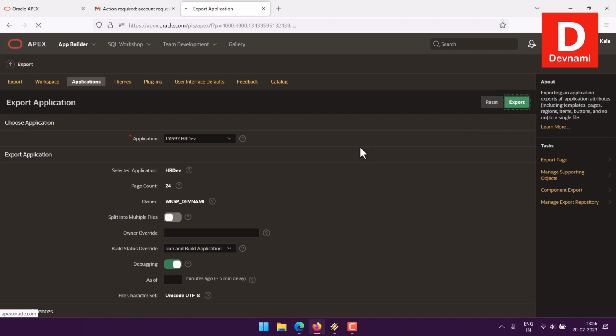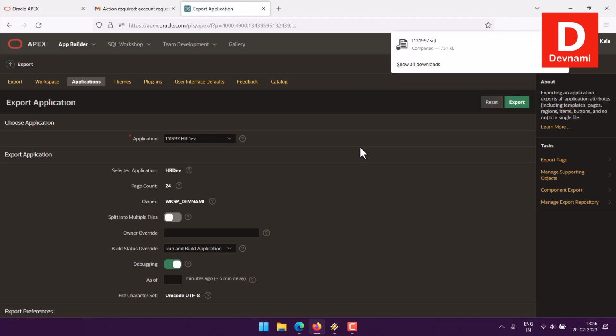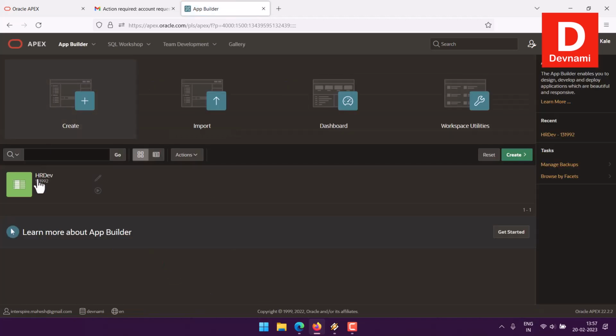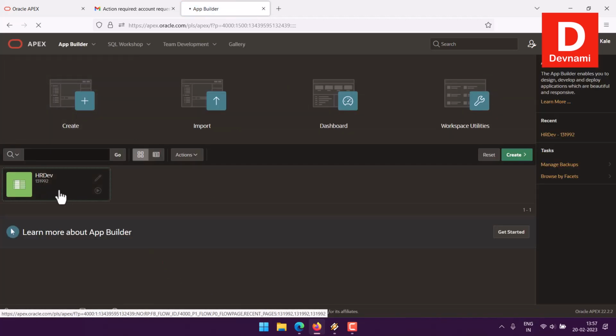We'll take a look at that process as well, so that you get the overall idea on what happens when you create your application in Apex. So it will export the SQL file, and it will be available on the download path that you have set for the browser, right? So let's move on to our dashboard, and here we have our